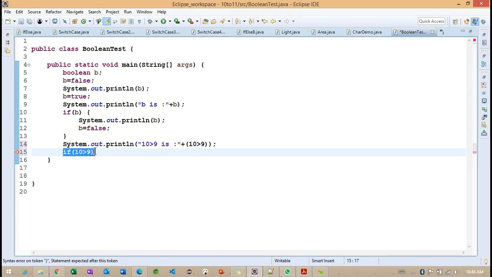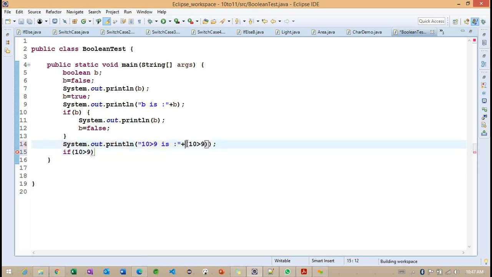So in which scenario is this condition going to return true? Can you please explain any one of them? 10 is greater than 9. Good. So the 10 value is a bigger value compared to the 9. That's the reason this condition is going to return true. Same way, whenever I provide this particular brace here, it's going to take high priority compared to any other operations here.